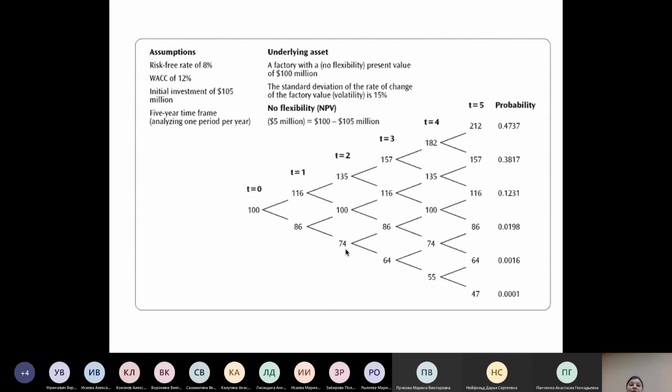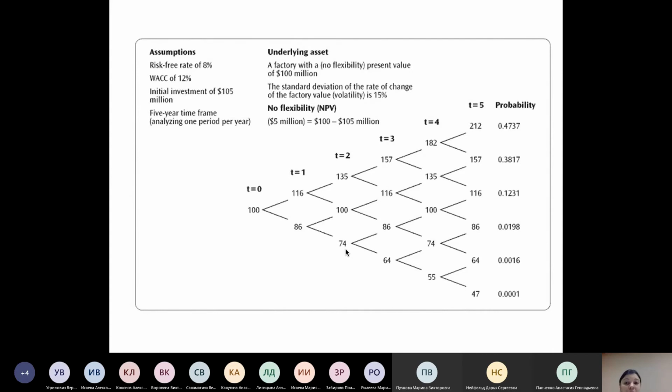And after these combinations, if each year our cash inflows change by 15%, under the pressure of our standard deviation,